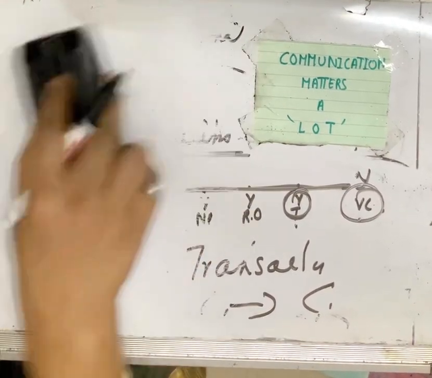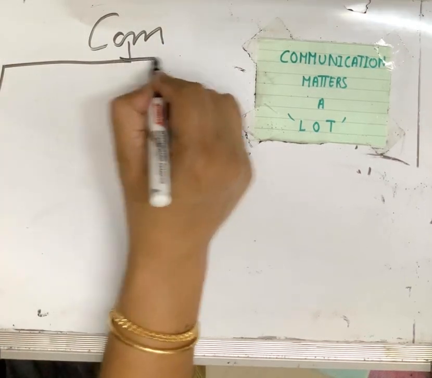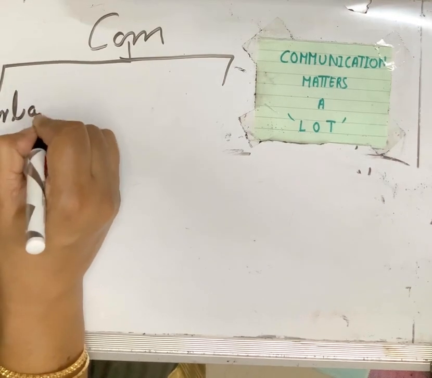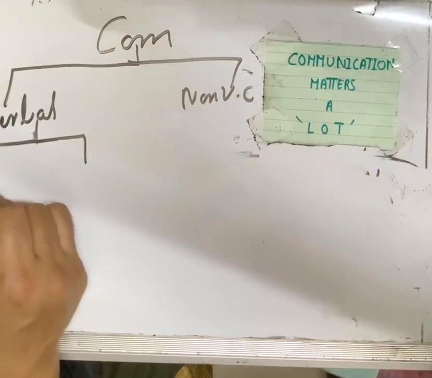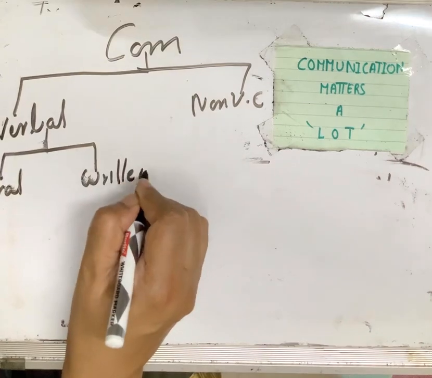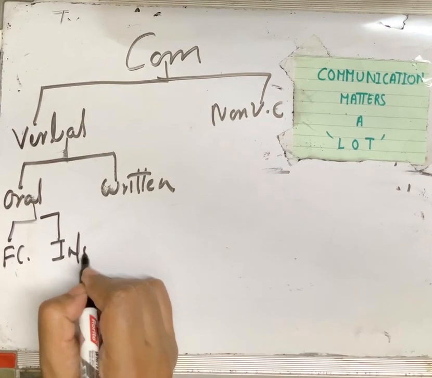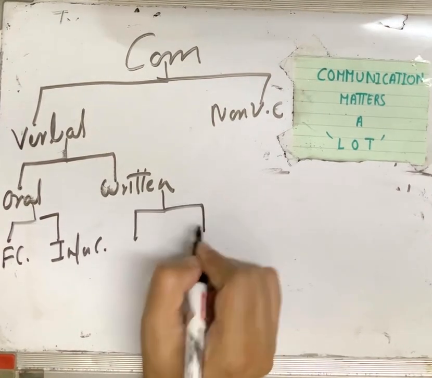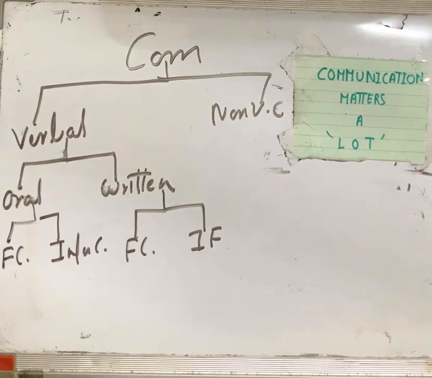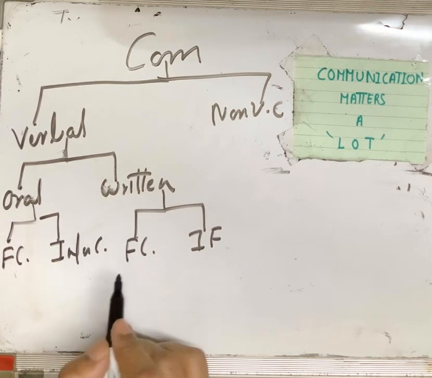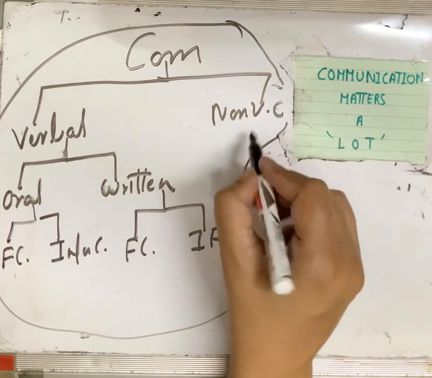So if you do a flow chart, what really comes to you is, this is communication. The first type is your verbal communication. Second is your non-verbal communication. Verbal communication is oral communication and written communication. And oral communication can be formal communication or informal communication. So will be your written formal communication or informal communication. Please take a screenshot of this for your reference, because this is a flow chart that you need to